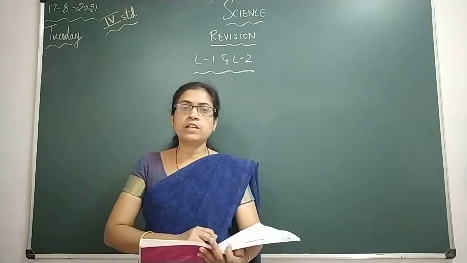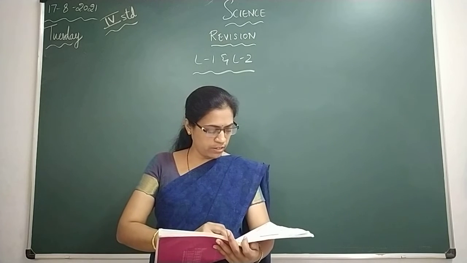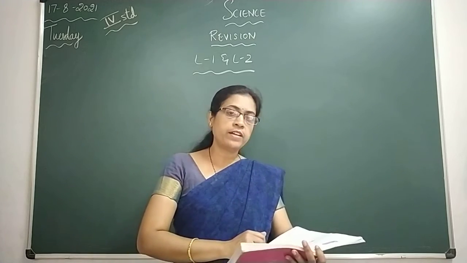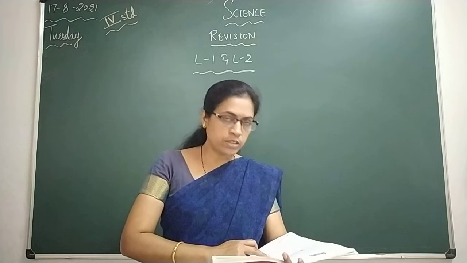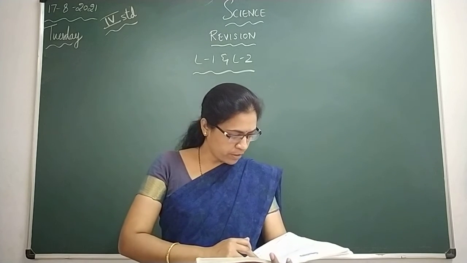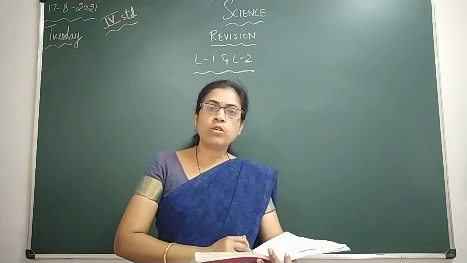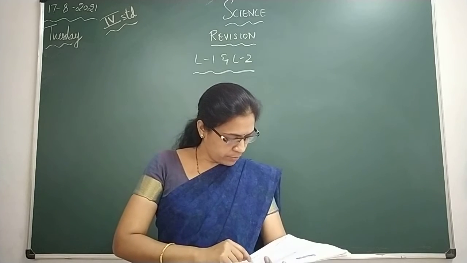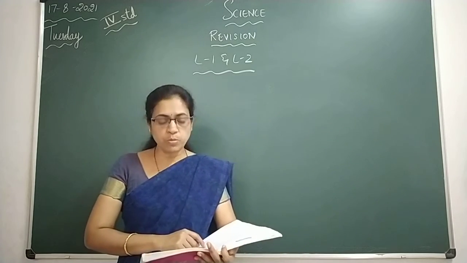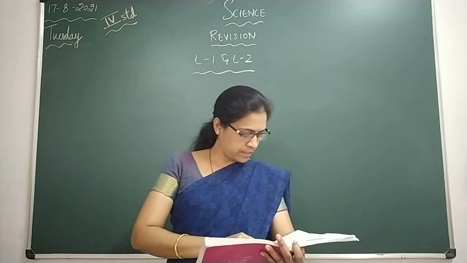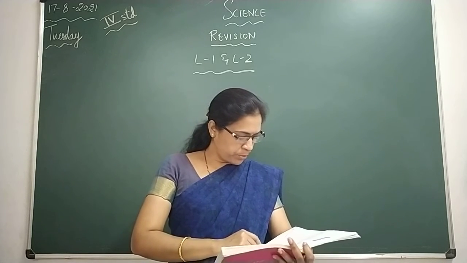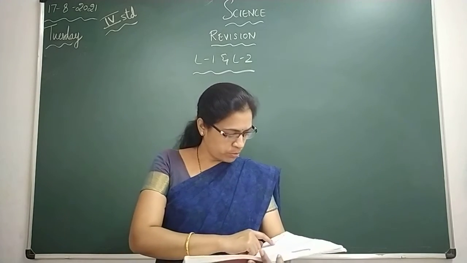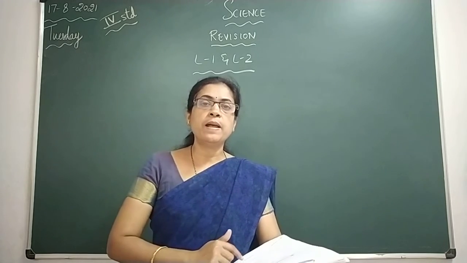And then the third one, water hyacinth is a or an dash. A marshy land plant, floating aquatic plant, fixed aquatic plant, underwater plant. So which is the correct answer here? Water hyacinth is a floating aquatic plant. That is option B. And then the fourth one, which one of the following plants is used to make brooms and baskets? The options are bamboo, tape grass, ray grass and neem. So bamboo is the correct answer.